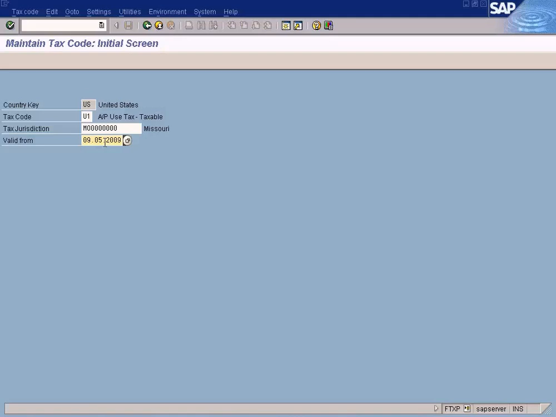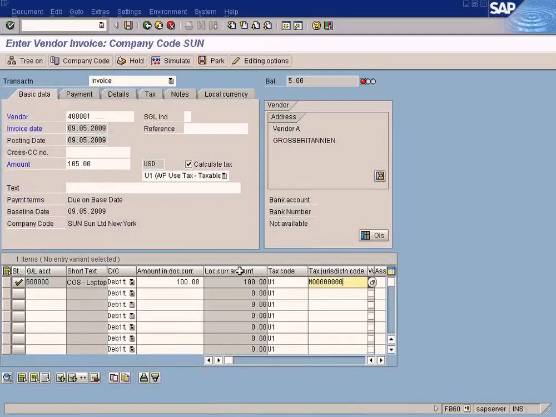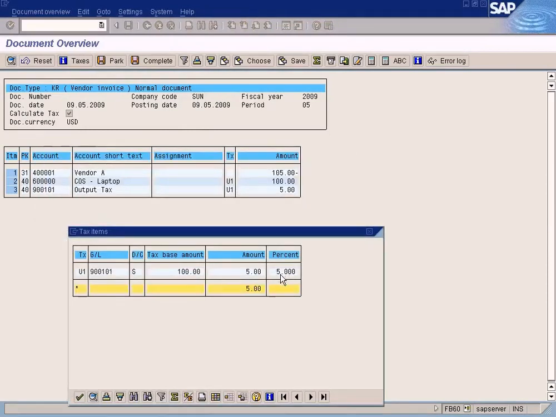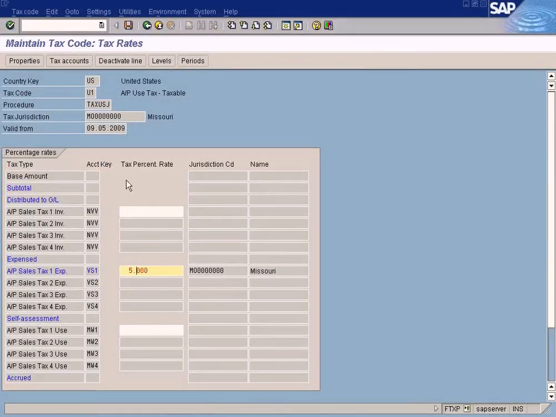For example, if you want to assign a different tax rate applicable for a different period, you can just change the date here from which period the new tax rate is applicable. Okay, so I'm going to say here that my tax rate is going to be applicable from 9th May onwards. I just put 9th May onwards and press enter. You see this here, 5% has been defined here under the BS1. This is how the system knows that 5% is the tax rate. When you go for simulation, see the 5% has been computed. If you go to tax, you can see the 5% here. So it's taking from these settings here.